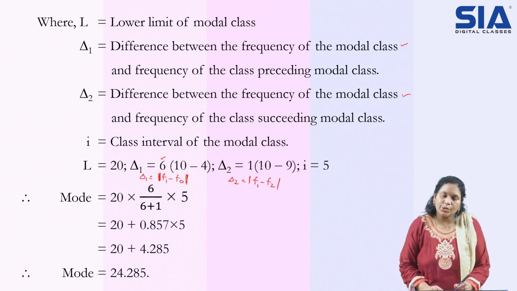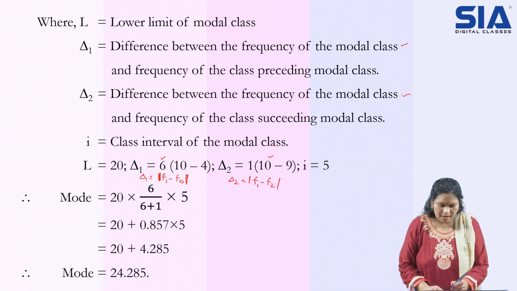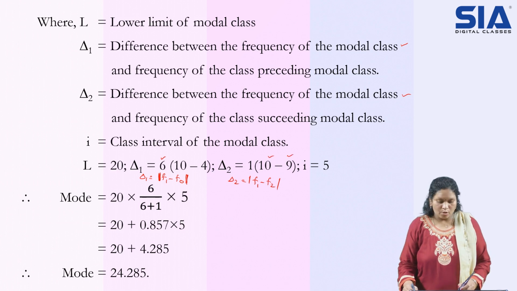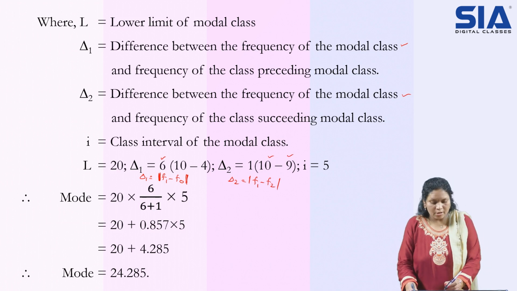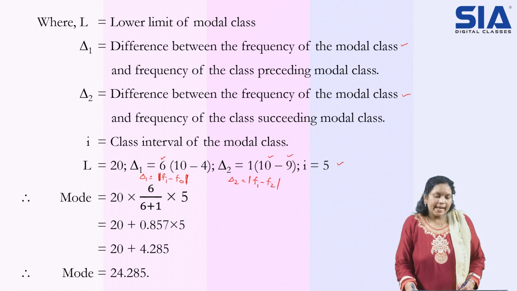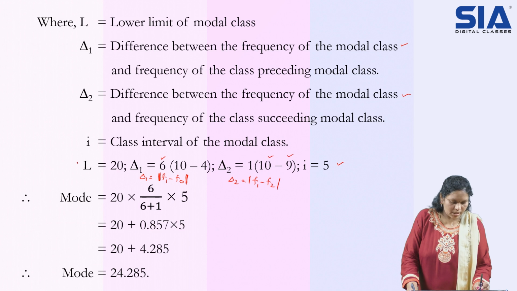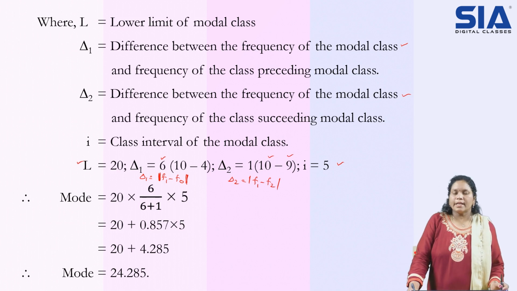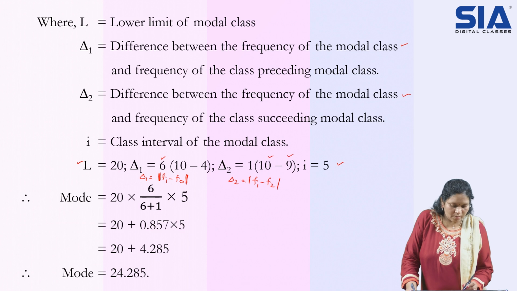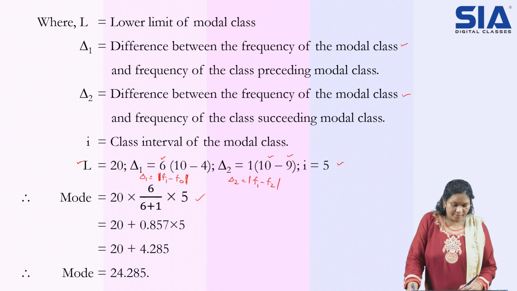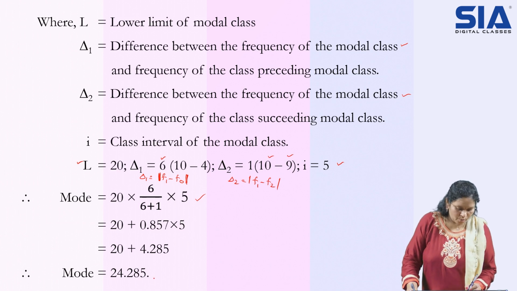Next go for delta 2. Delta 2 is F1 minus F2. F1 is 10, F2 is 9. Subtract it, you get 1. Okay, delta 1 and delta 2 I have obtained. I we already discussed, I is 5. L also we discussed, L is 20. All the values are in our hand now. Now let us go for the substitution in the mode formula. So mode is equal to 20 plus 6 by 6 plus 1, into 5. So use your calculator and find out the value. You got the mode value as